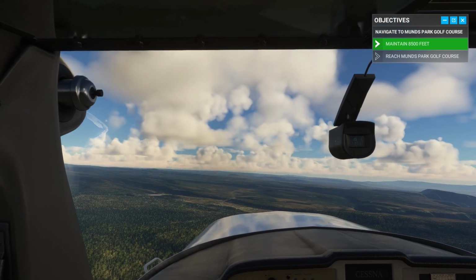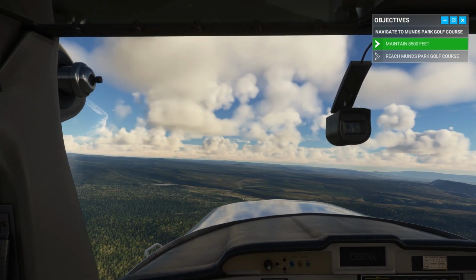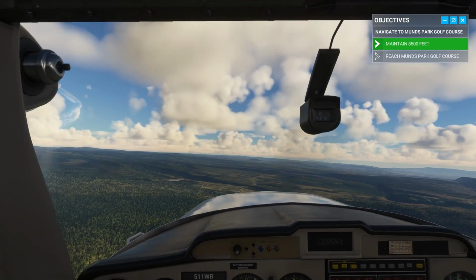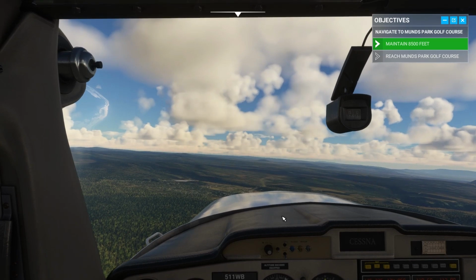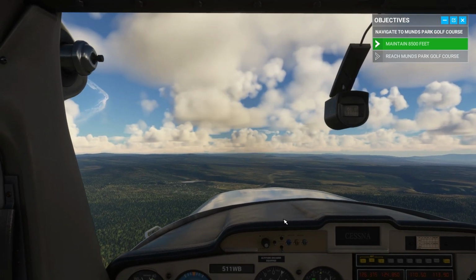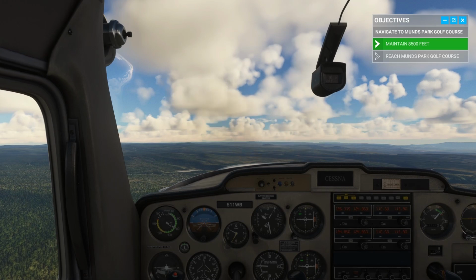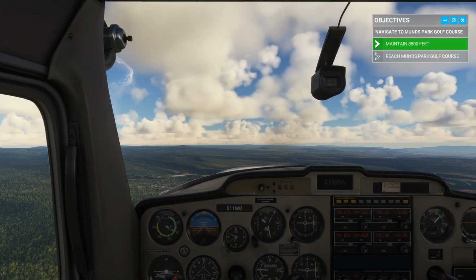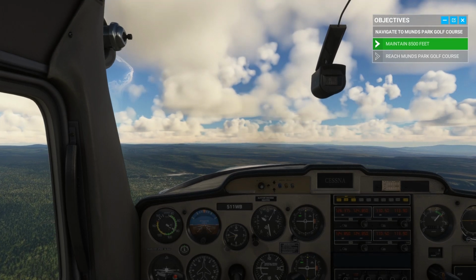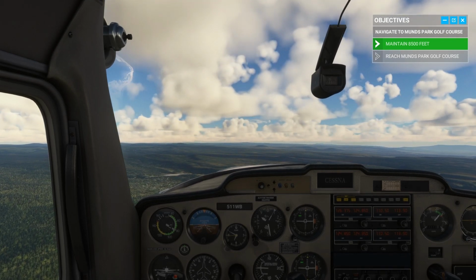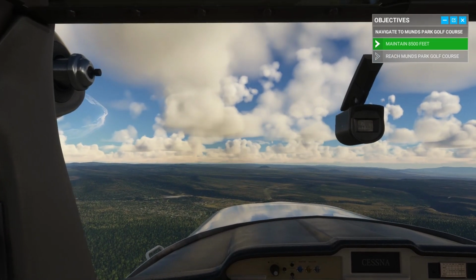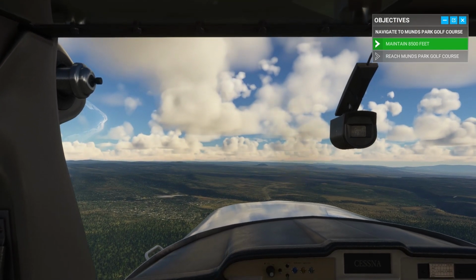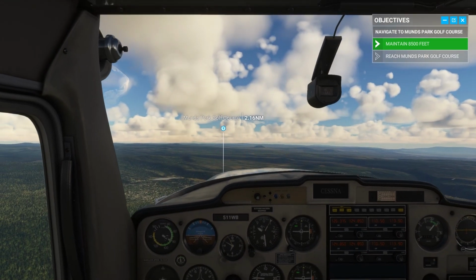So I think Munns Park is right ahead of us here. I think that's it, right off the front left edge of my cowl. Like I'll put my cursor right here. I think that's it. I could straighten out and we should be on track for it. That is a golf course, and it looks like a Munns Park golf course. Yep,